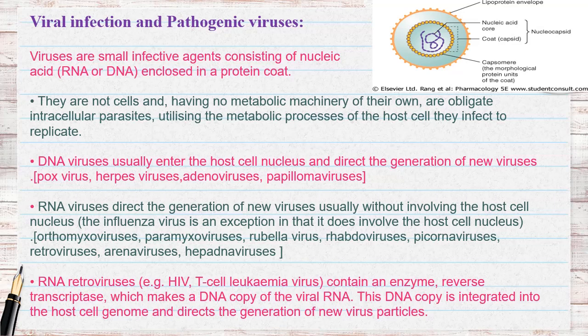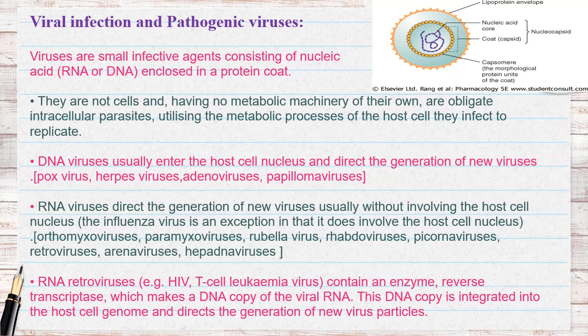Whereas in the case of RNA retroviruses, the virion contains a reverse transcriptase enzyme which makes a DNA copy of the viral RNA. And this DNA copy is integrated into the host genome and is now called the provirus. And the provirus DNA is now transcribed into the new genomic RNA and mRNA, in turn to be translated into viral proteins. So the example of viruses acting this way is the very common AIDS virus,